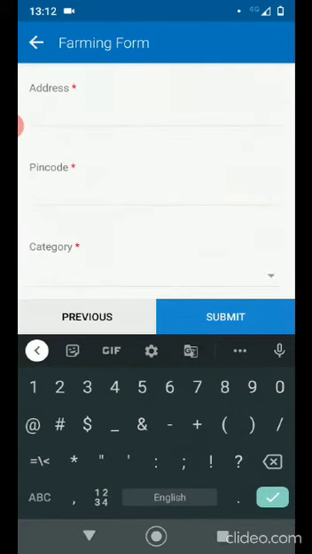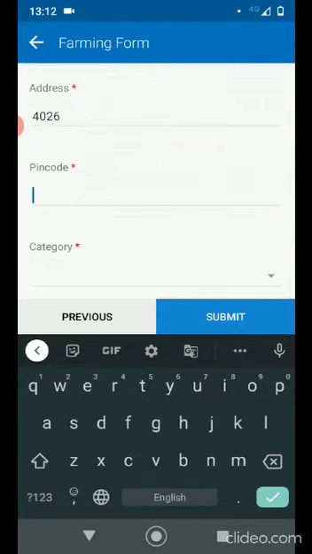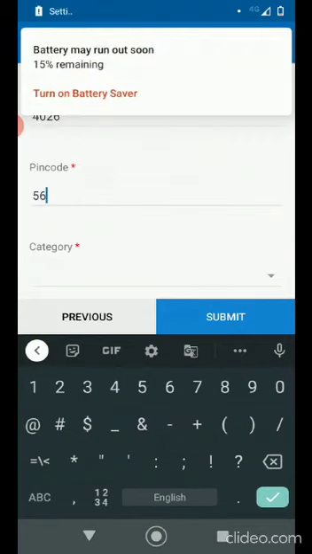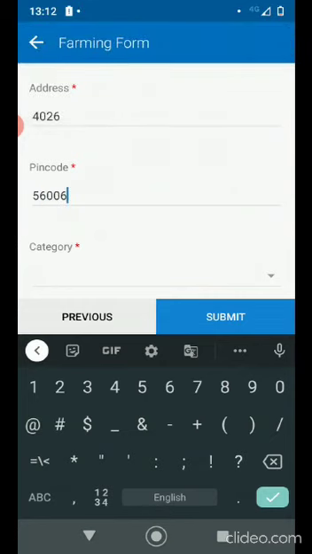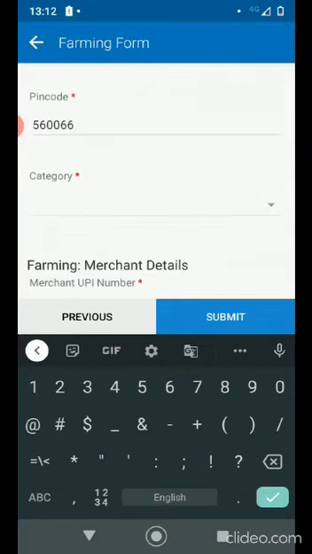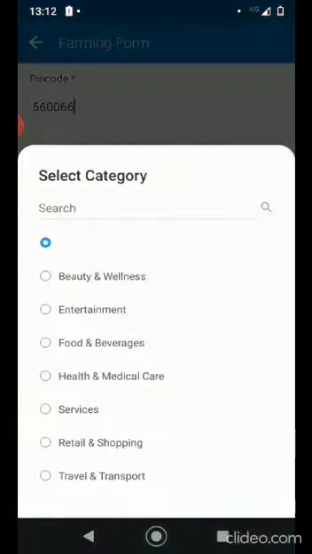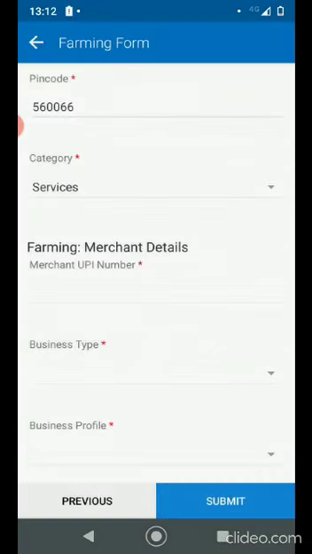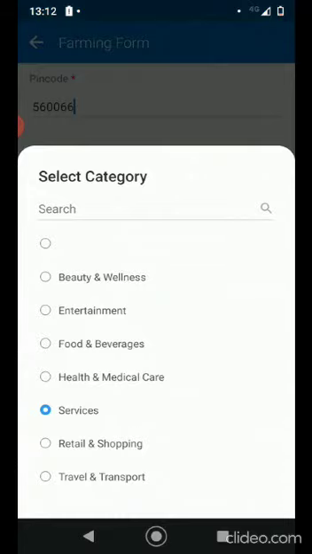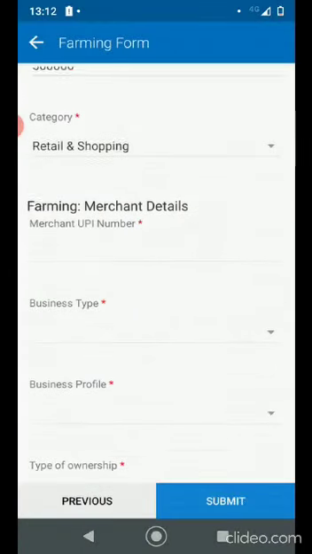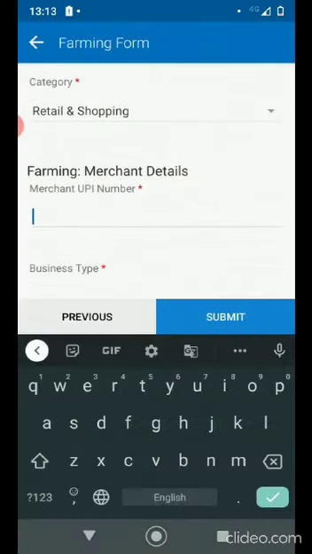Enter the address. Pin code. Enter the category. Services. If it is retail and shopping, enter the merchant UPI number.